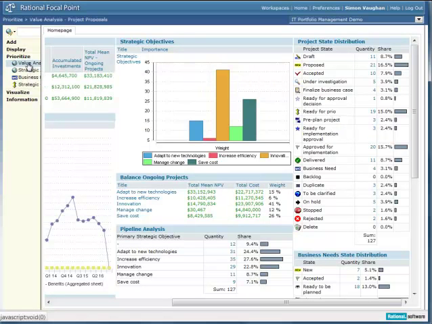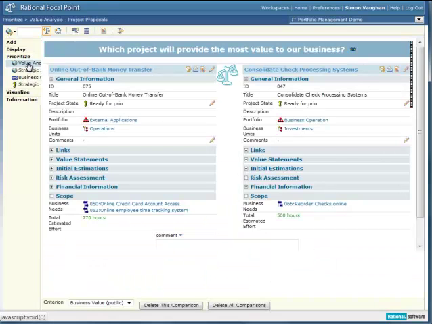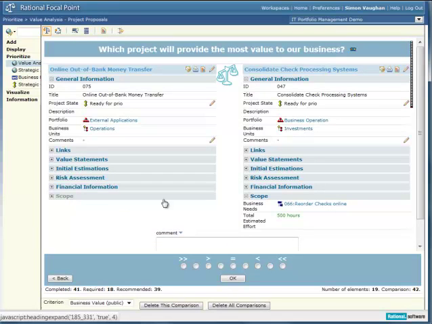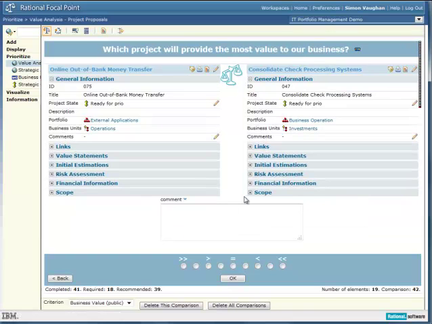Okay, so we're going to start off with one technique which is perhaps the most subjective, which is called pairwise comparisons. And this is really great early on in the process where you don't have a lot of known quantitative data. What it enables us to do is to line up a set of initiatives side by side